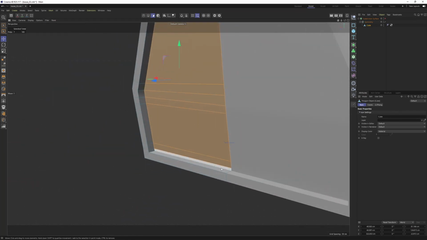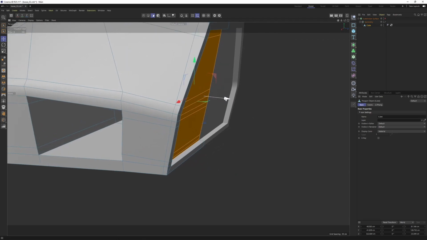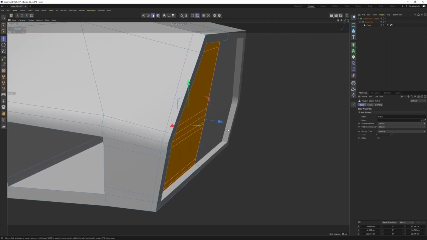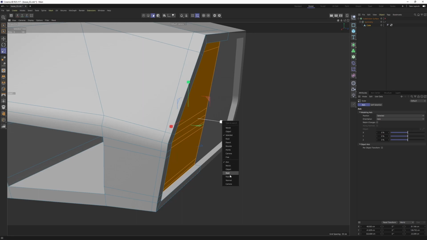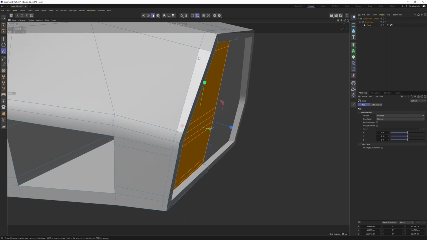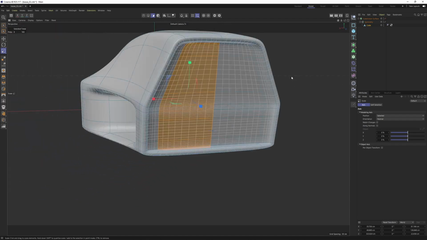Select these. I'm gonna right click on the axis, because if I want to scale this right now, they are gonna be scaled based on the world coordinates, like so. But I want to change it to normal, so they're gonna keep their shape. Then scale, then hold down shift, scale them to 0. So if I press Q,